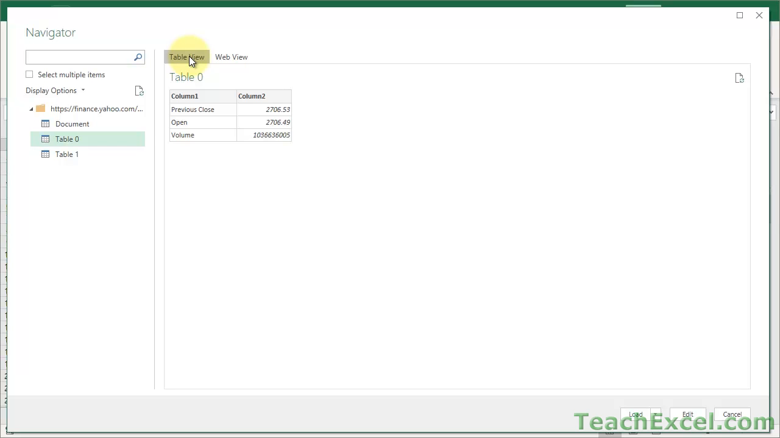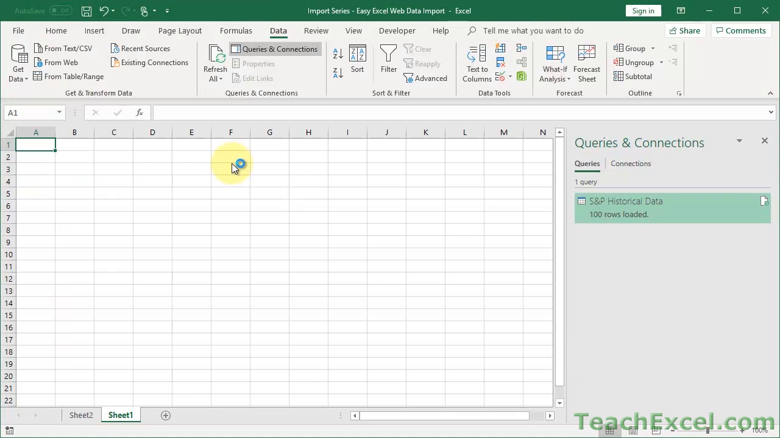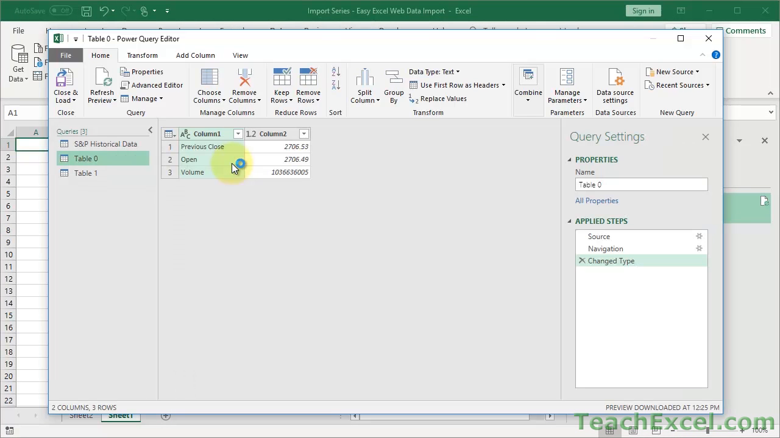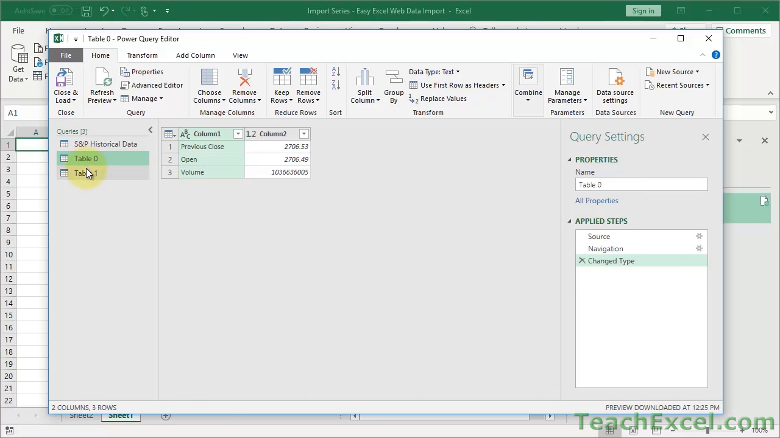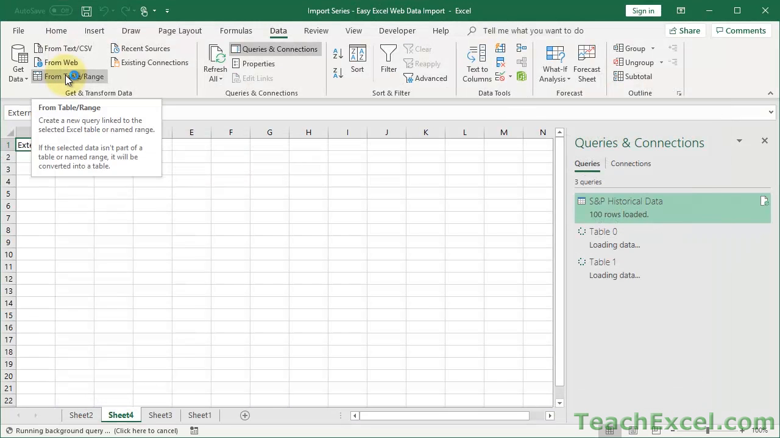But one cool thing that we can at least do here is we don't have to import the tables individually. We can go up here and check select multiple items, and go ahead and select table 0, and table 1. Then we can hit edit to go into our Power Query Editor, and we see table 0, table 1. Do whatever you want here. You can see the S&P historical data query as well, the one that we just imported at the start of the tutorial. I'm not going to change anything with these guys right here, so let's go to close and load,